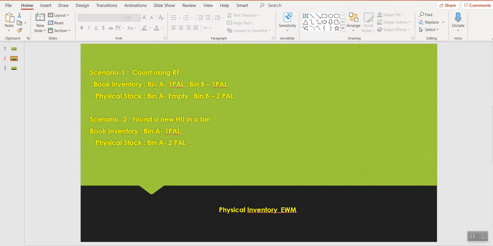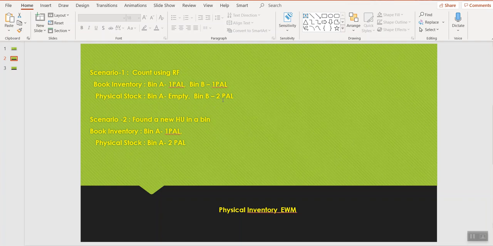The scenario is like this. The book inventory shows bin A is having one pallet and bin B is having another pallet. Now, during the counting, when the operator went to the bin, he sees physically bin A is having nothing and bin B is having two pallets. That means the pallet that is showing in bin A is actually in bin B physically.